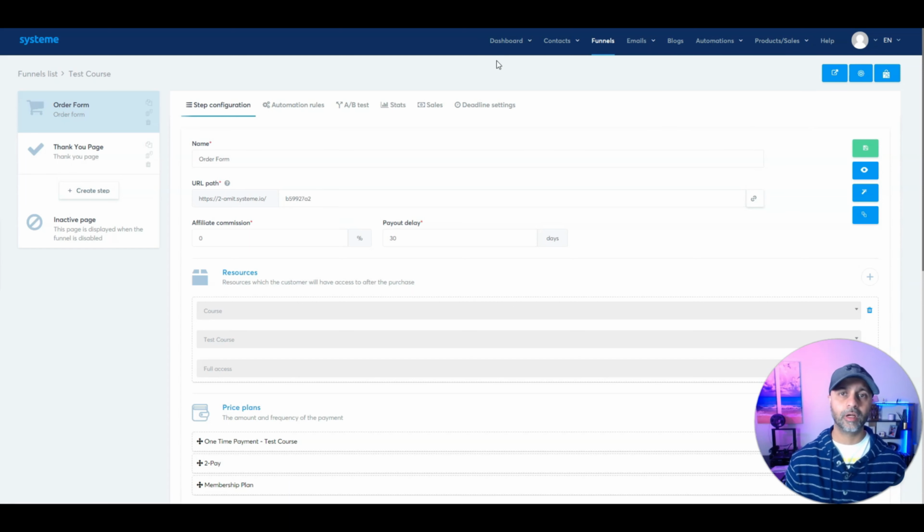But before we leave, let's look at one of the courses. Let's do a test purchase so I can show you what that front end looks like. One final thing before we get there is the login page. Once your students have purchased, the login page that they are sent to, I want to show you how to